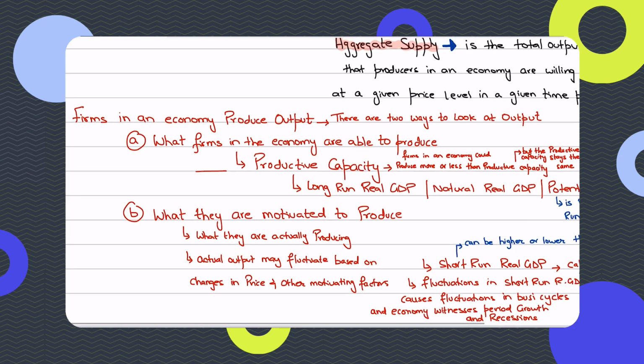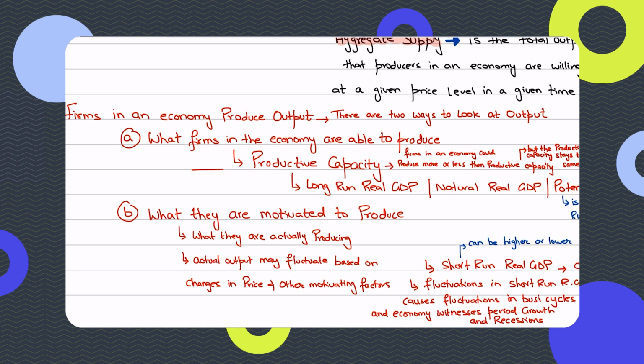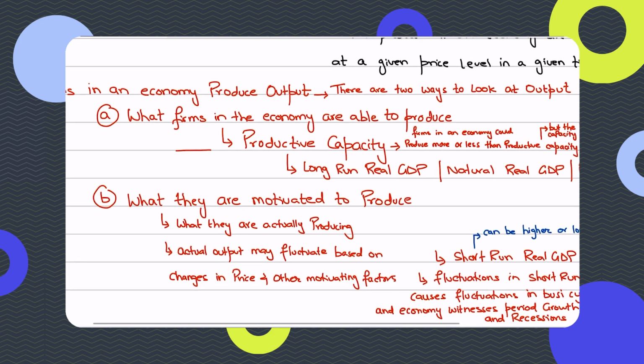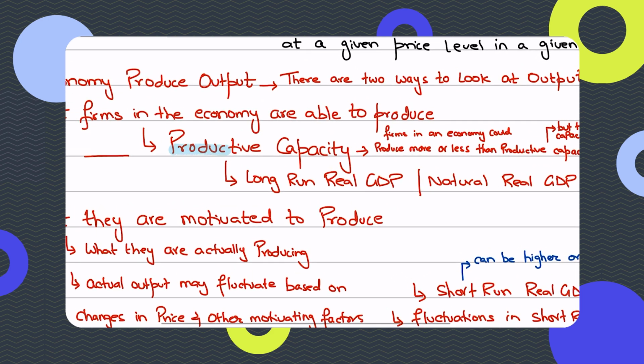When we talk about what firms in an economy are able to produce, we're looking at output in two ways: what the economy is able to produce, versus what firms in the economy are motivated to produce. Like we studied, the number of hours that you are capable of studying was your potential output, versus how many hours you are motivated to study, right? That is your actual output. What firms in an economy are able to produce reflects the productive capacity of the economy,